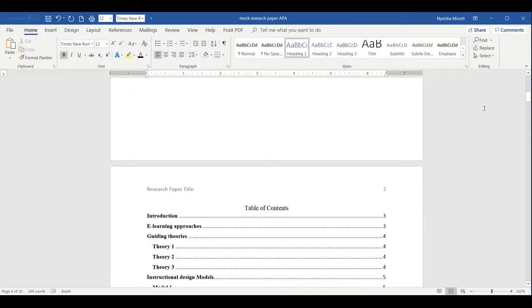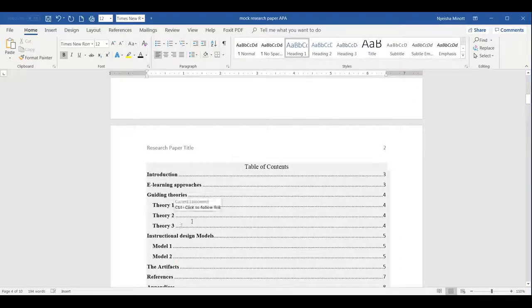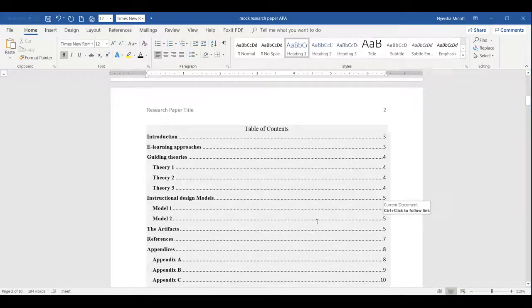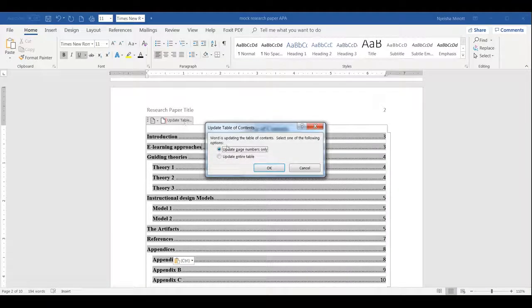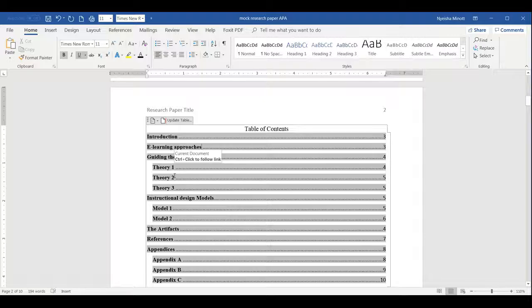The table of contents needs to conform. So artifacts was on 5, it needs to now be reflected in the table of contents as being on page 4. So yes, we're going to click the table of contents, update the table, and update page numbers only because we didn't add any new headings, but something moved. So once we click on OK, you'll notice that,